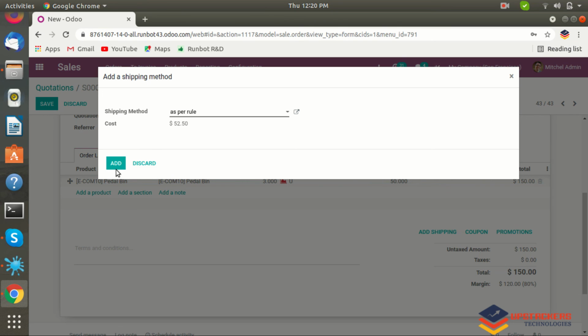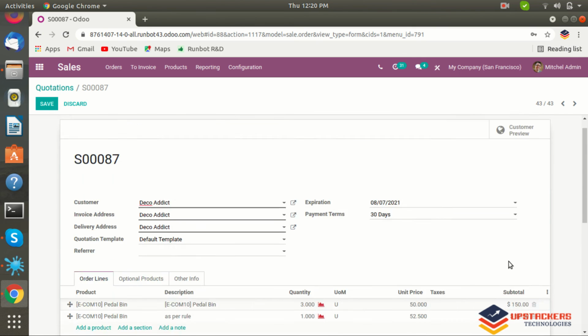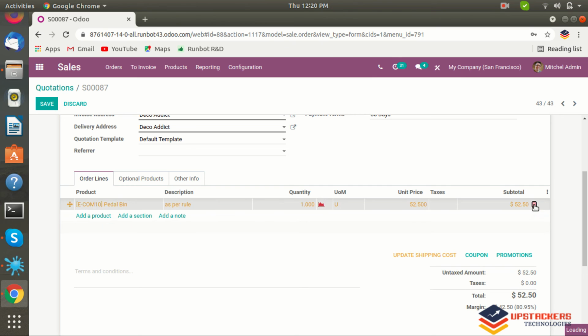So when you add, you can see your subtotal turns to 202.50, and if your total price is above 1000, then the shipping price is free, as we selected.